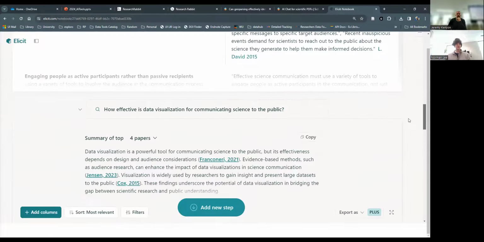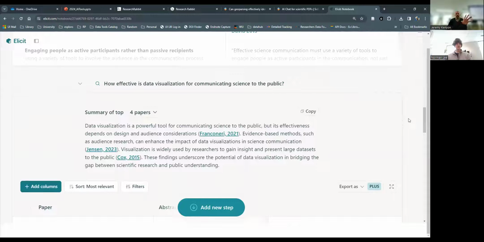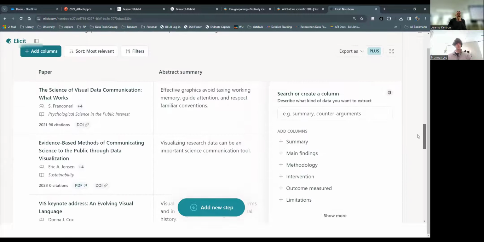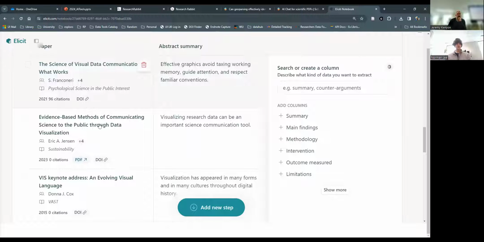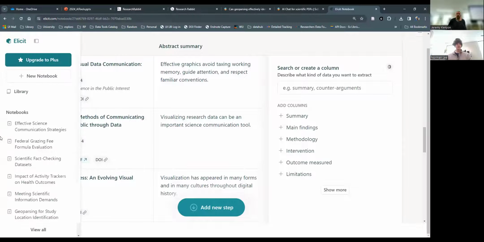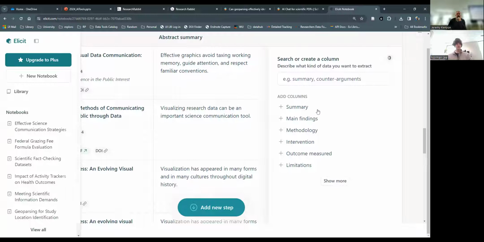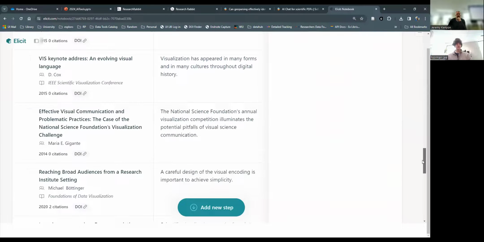Then I said, okay, well, let's pick the first one, data visualization. And I said, how effective is data visualization for communicating science to the public? And I ran a basic literature review search. And so what it did is it did what it does. It went through and tried to find a bunch of papers associated with that topic, and then gave us some